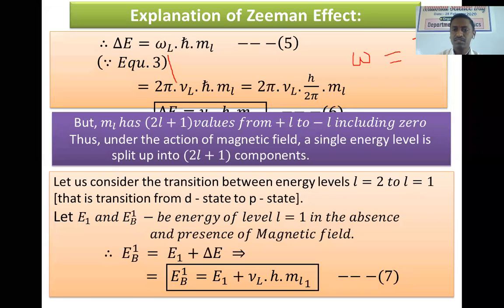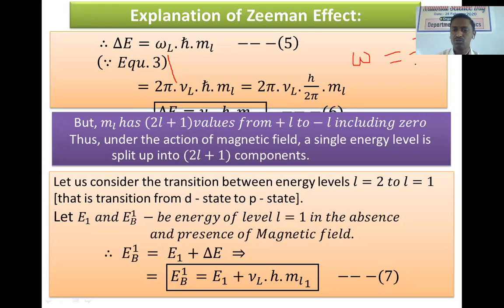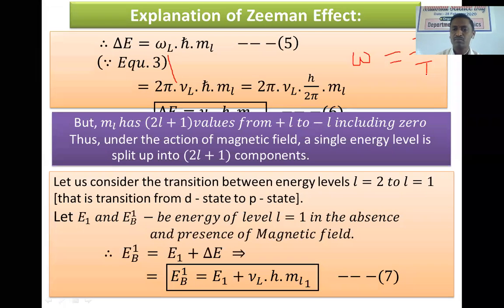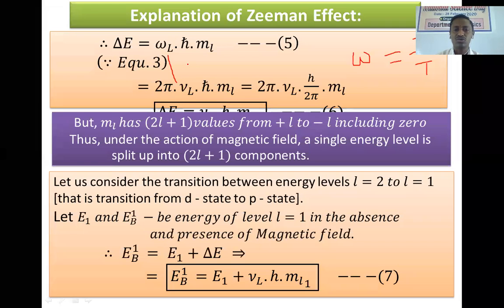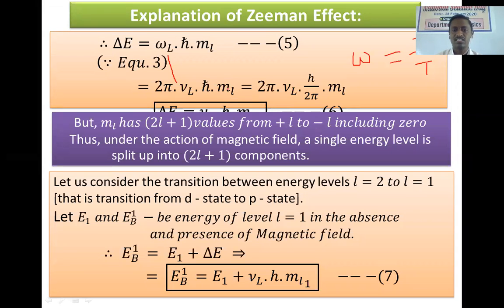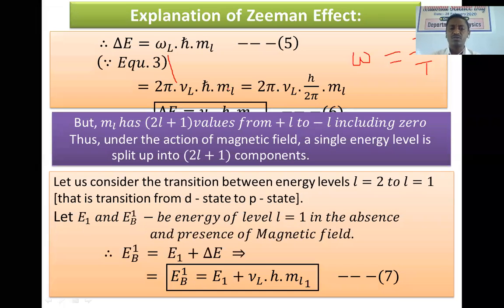Okay, it is our basic equation in the field of circular motion, orbital motion, or periodic motion. 1 by T is frequency, that is nu. So we can write in place of omega L as twice pi into nu L, h cross as it is, ml also as it is, from equation number 5. Now we know h cross equals h upon twice pi. So this twice pi from numerator and denominator got cancelled, and hence the equation simplifies to the form